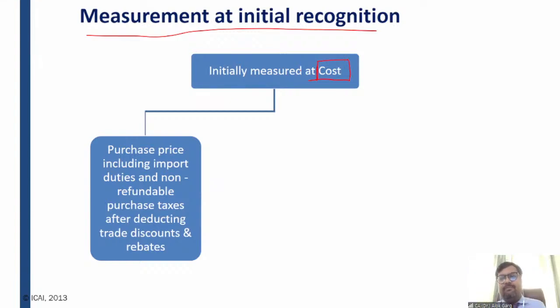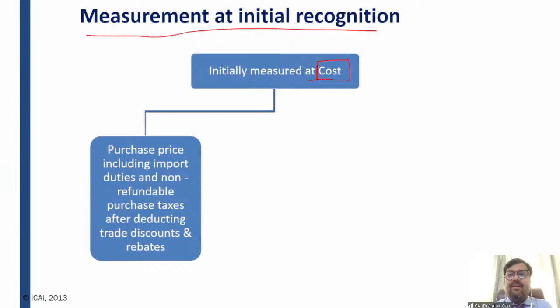Of course, I have purchased this machinery and I have just put it into the warehouse of the Delhi factory. So it does not serve any purpose. It has come to the location, but it has to be brought into the condition so that it can be used as intended by the management. So what I need to do is install this machinery. I need to incur site preparation cost and assembly cost. I need to call the trainer. I need to call an engineer so that this machine can be started, right?